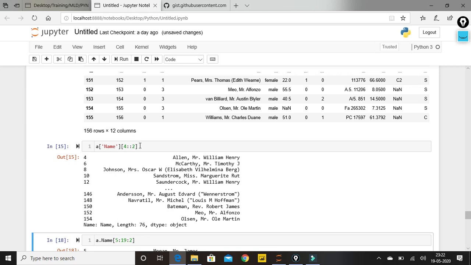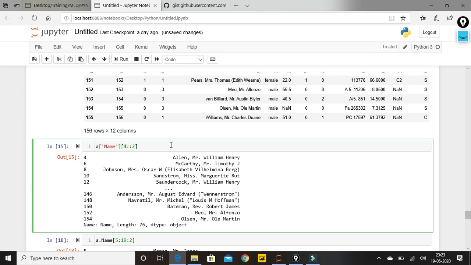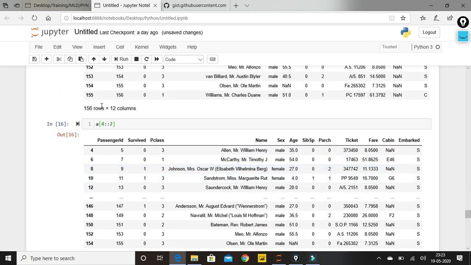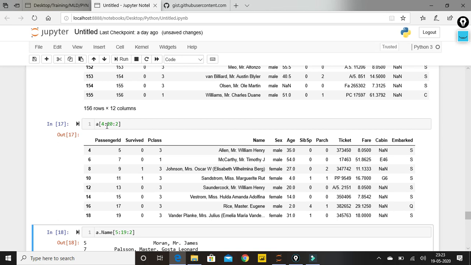So this is how we can get our data using indexes, as we can in a list also. From a data frame, if we need certain columns from an index, we can use that. Now suppose I remove this column and just give this, what will it give me? It will give me the whole data frame, but only indexes starting from 4, taking a jump of 2 step size and going till the end. I'll just make this 20, starting from 4 going till 20, but it will eliminate 20 as it is my upper bound, and it gives me this data.